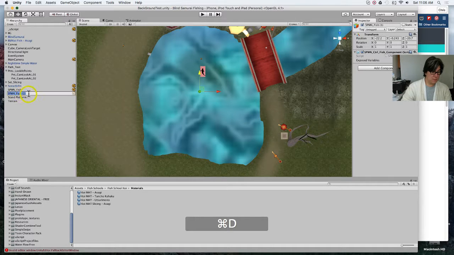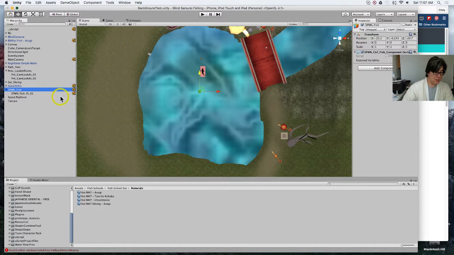Spawn fish_point_1. Okay. Now we're going to attach this. I'm actually not going to use this fish spawner. We're going to use this as a... I'm starting to call things groups. It's like a group of fish spawners, right? Now we're going to